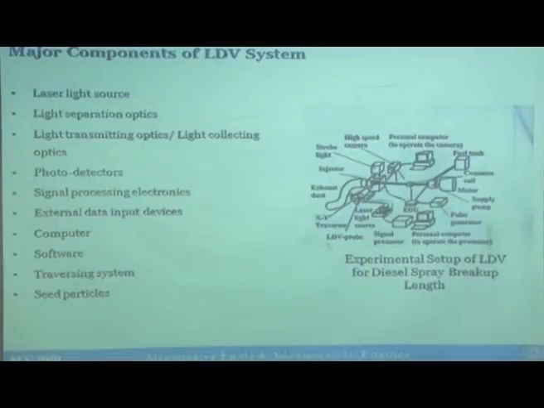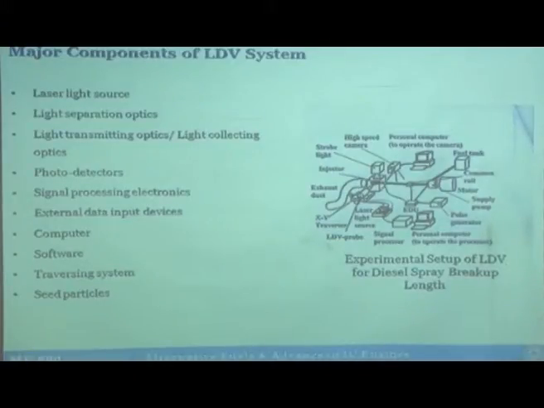Okay. Now, we come to the lighting arrangement. So, there is a PC computer to operate the processor, there is a signal processor here, and then there is a light source. Okay. Light source basically is a laser, and then there is an XY traverse. This is the LDV probe. So, basically in the LDV probe, the light source is a laser placed separately, and then the laser is taken through fibers to the LDV probe, and in the LDV probe you have the optics to do all the